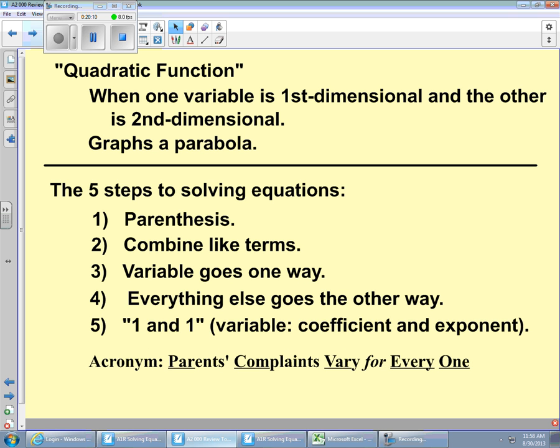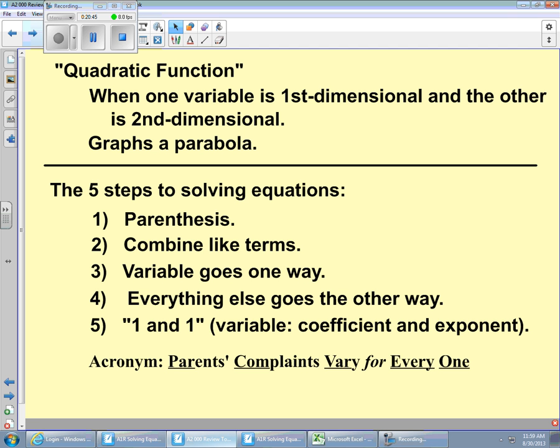Now, I cooked up a goofy little way to try to remember this, and that's partly the reason why my wording and my 5 steps may be different than what you have heard in the past. And my little acronym, my little saying is parents' complaints vary for everyone. Okay, and if you look at the first several letters of each of the words in my acronym, you'll see a direct connection between them and the step that you're supposed to be performing. For example, parents, PAR, the PAR hopefully will trigger in your mind that the first step